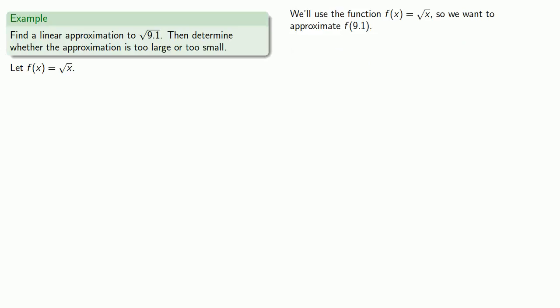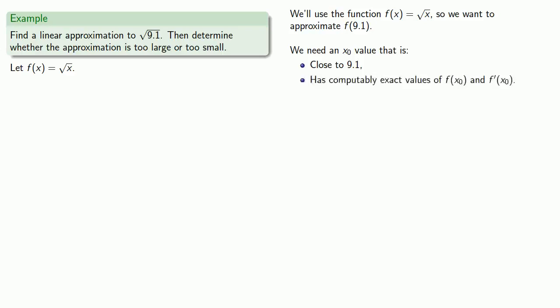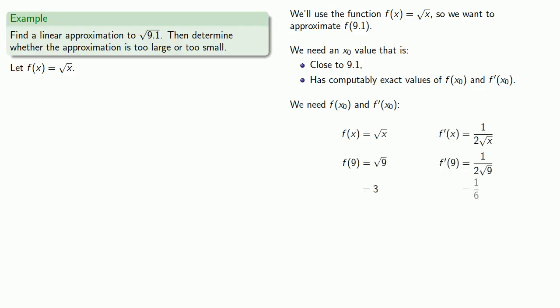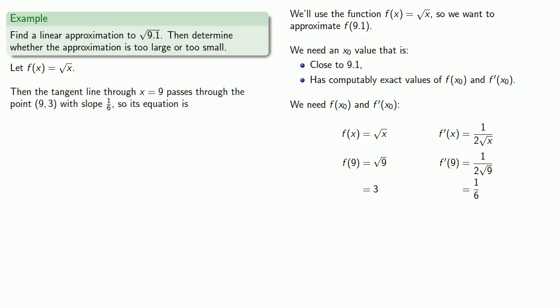So we want an x0 value that is close to 9.1 and has computably exact values for f of x and f prime of x. So we might use x0 equals 9. And we'll find both the function value and the derivative at 9. And so we find that the tangent line through x equals 9 passes through the point (9, 3) with slope 1/6, so its equation is going to be